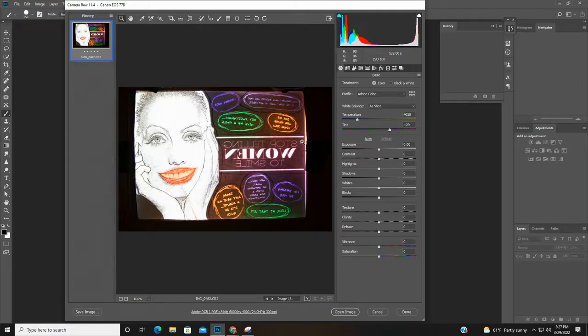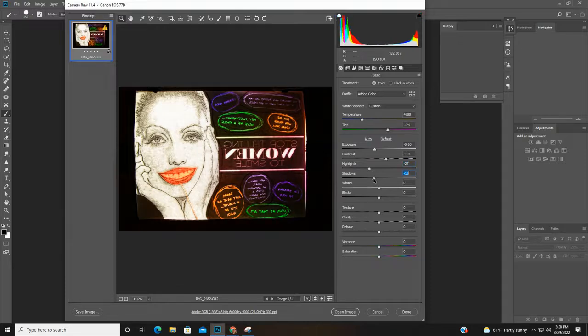All right, so you're going to need to probably raw process this more than once. First thing I'm going to do is adjust the exposure down, just make it a little bit darker and give me a little bit of detail in the face here. I might adjust the temperature a little bit warmer and bring the tint down just a little bit. I'm going to give it some contrast, bring the highlights down just a little bit, bring the shadows down a little bit, maybe bring the whites down,